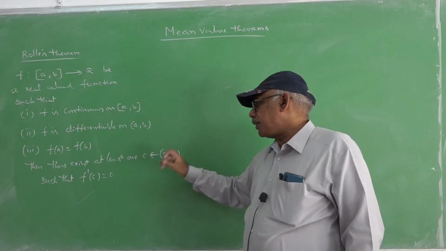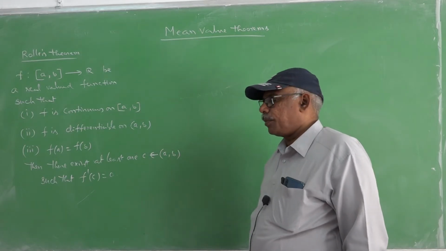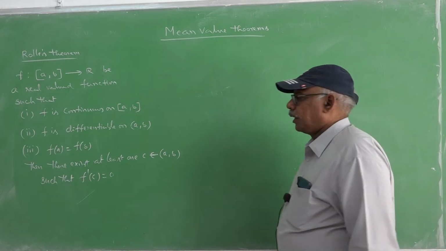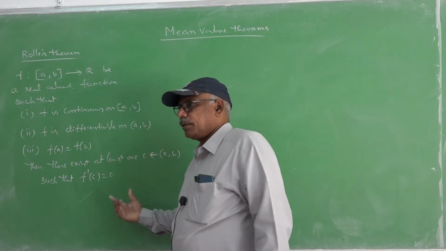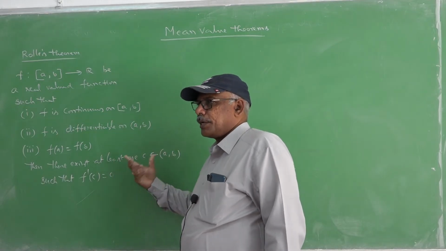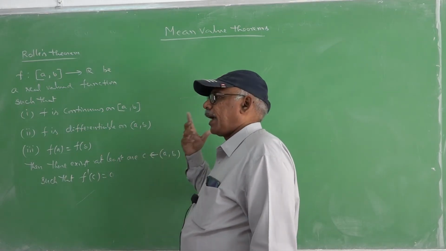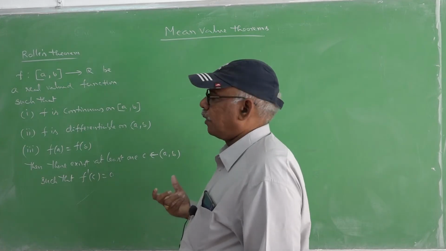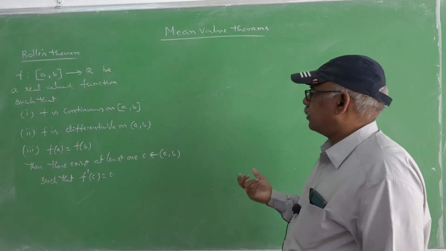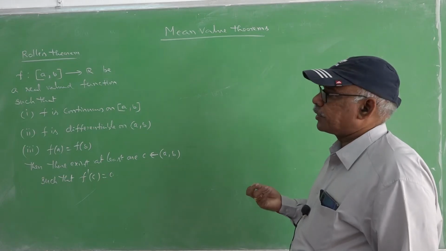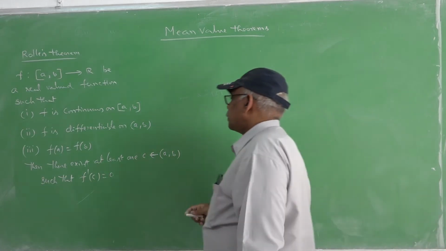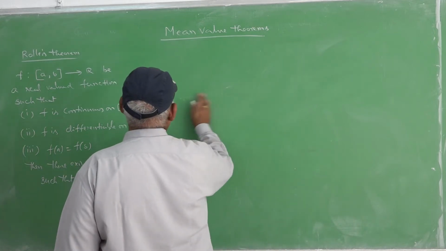Then there exists at least one c that belongs to a, b such that f dash c equals 0. F dash c equals 0. That means the tangent at c is parallel to the x-axis. One such tangent exists to the graph of the function, once the function follows the statement of Rolle's theorem. So geometrically it is